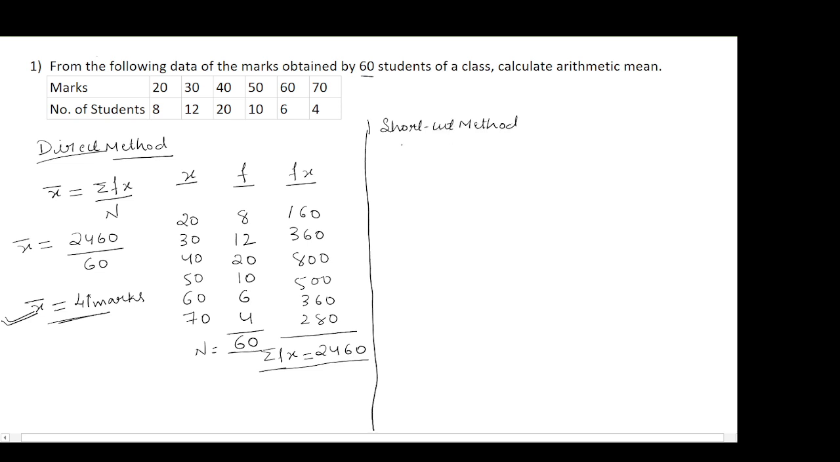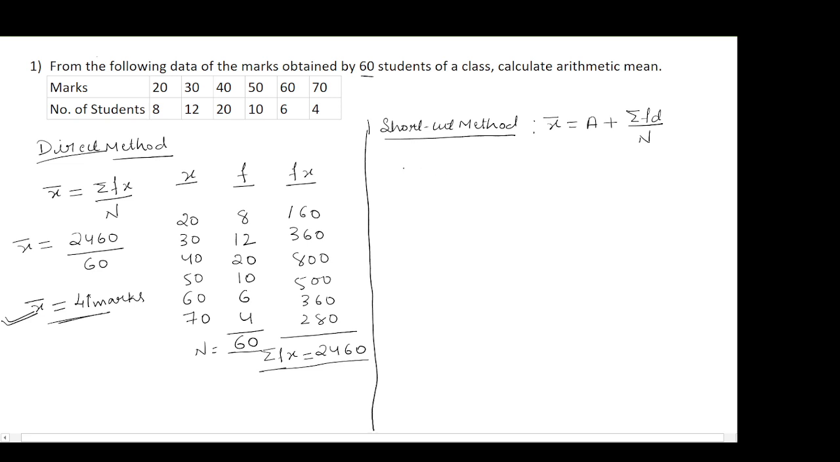Please be familiar with the formula so that calculation becomes easy. So first we have to write the formula. What is the shortcut method formula? X bar is equal to capital A plus summation f into d divided by capital N. Now to solve this